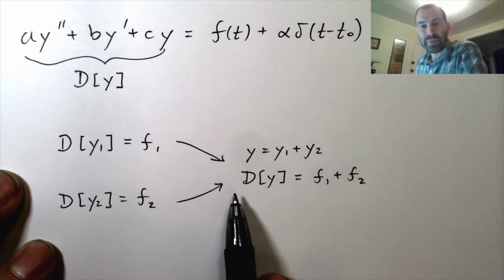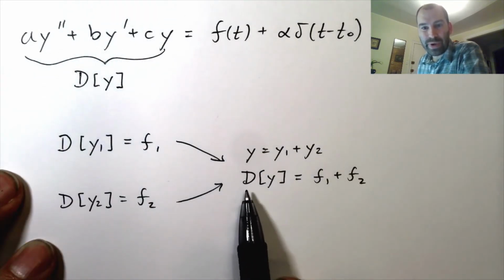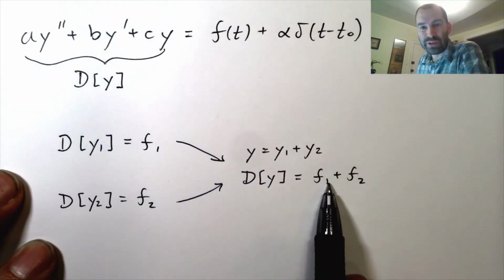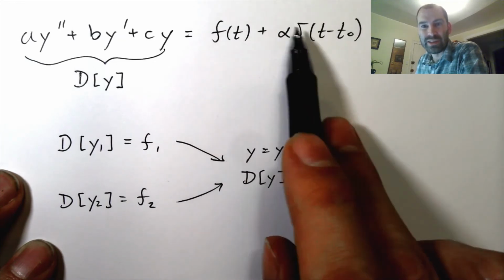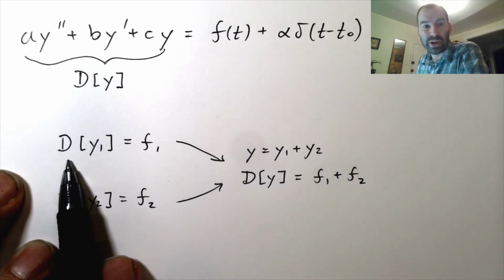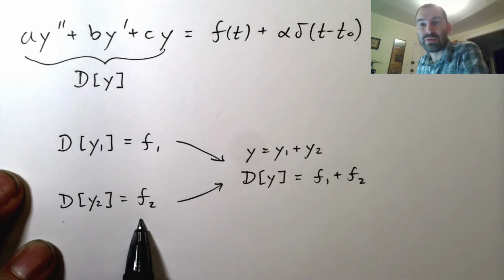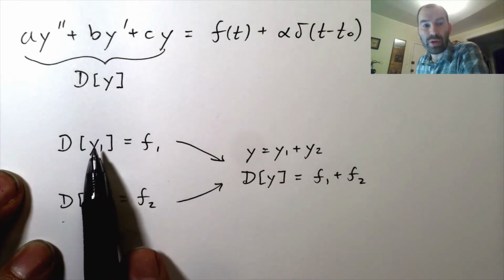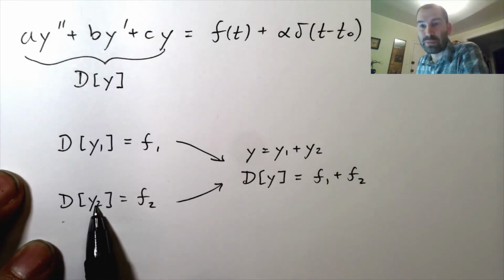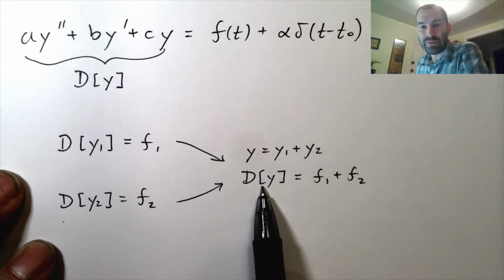In other words, we're running this backwards, right? We have a differential equation of this form where we have the sum of two functions, right? So what we're going to do is we're going to solve these two pieces individually. And then we know that by putting these two things together of the two pieces, we will have a solution